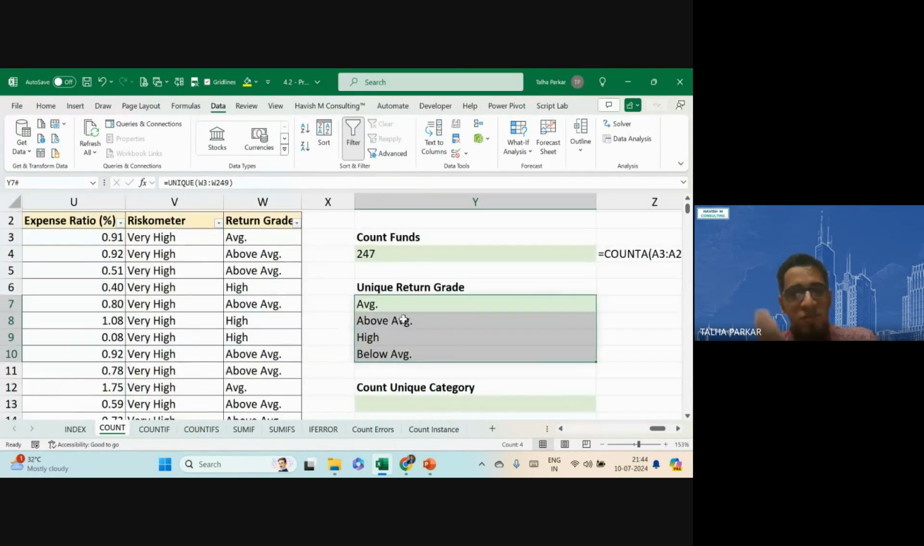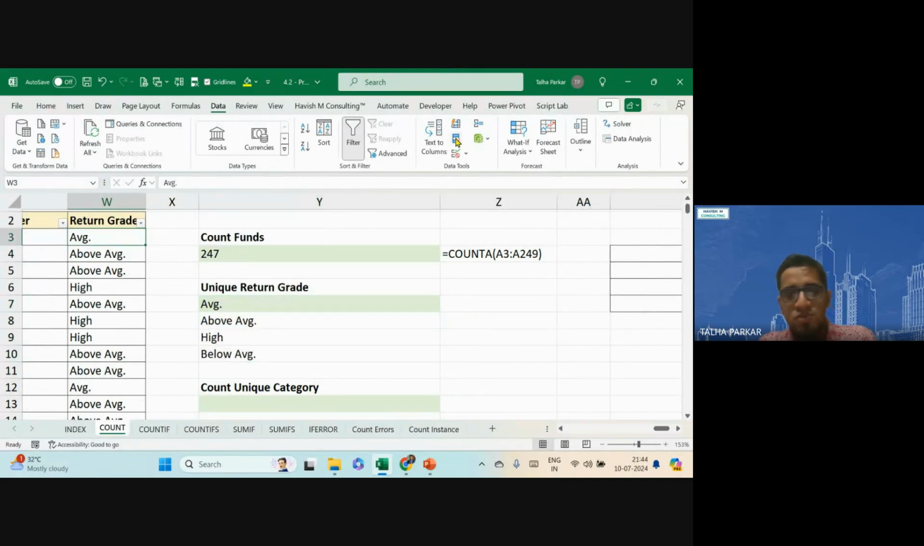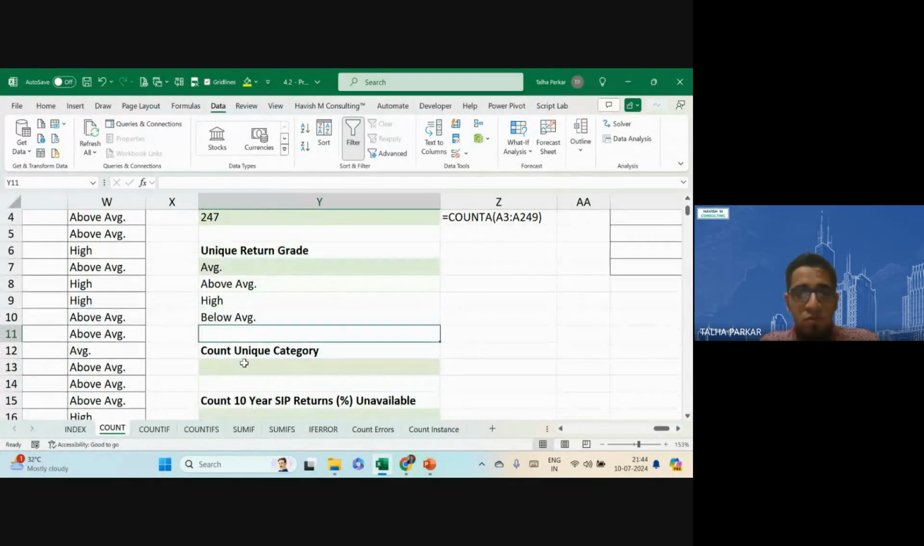ठीक है? So either if you don't have this, you can use the other method that I showed you, which is copy the data set and go to the remove duplicates option in the data tools group in the data tab. Okay. Now, if you want to count the unique categories,